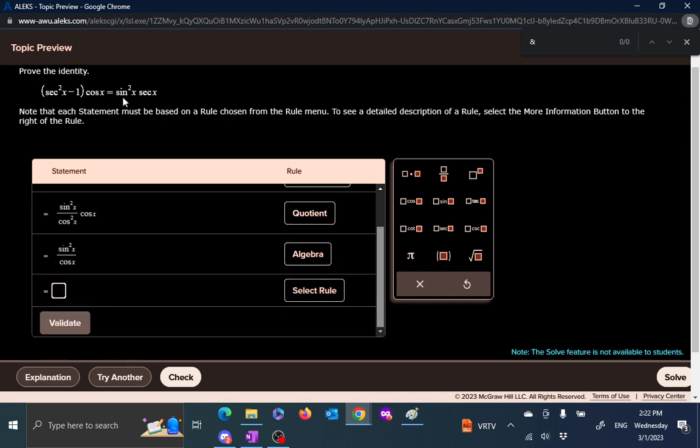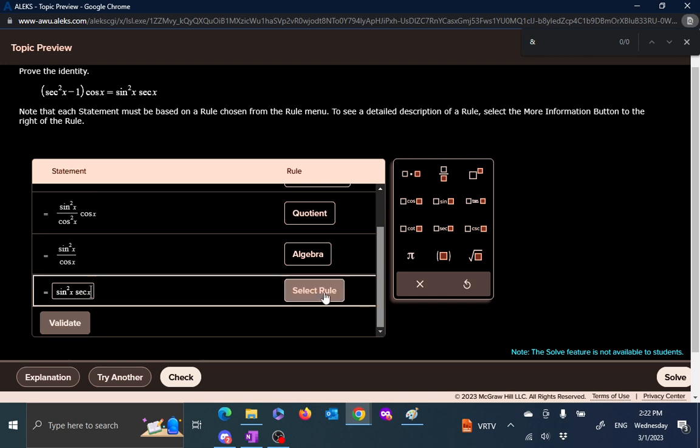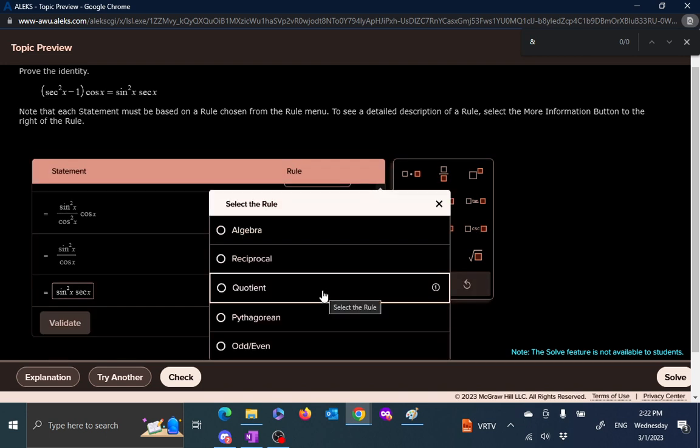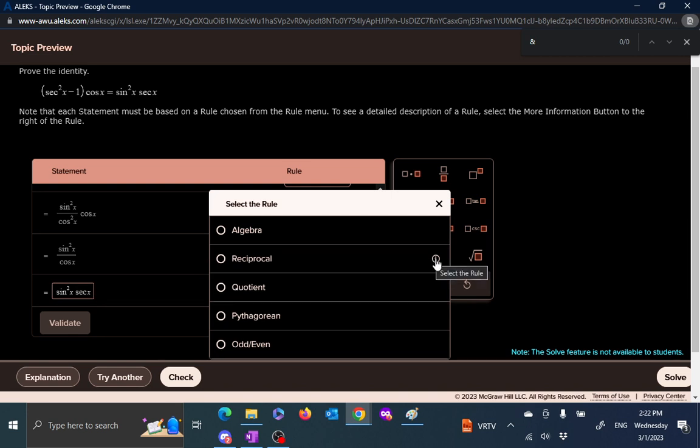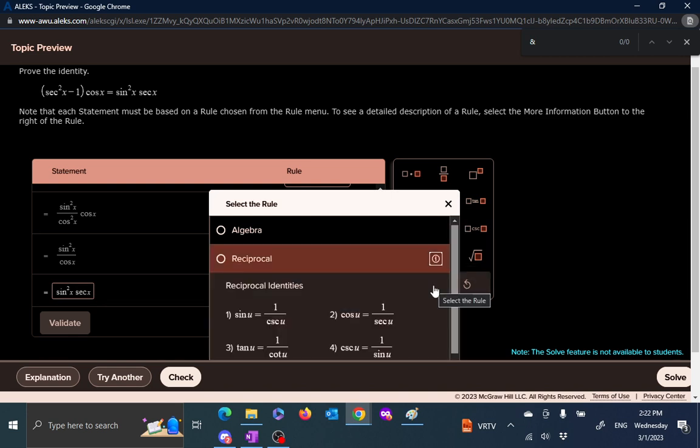All that is left, sine square stays. I have 1 over cosine square, which by the reciprocal identity is the same as secant. So I say sine square of x, and 1 over cosine, you remember that is just secant of x. And what did we do? We applied the reciprocal identities. You remember reciprocal identities, 1 over cosine,